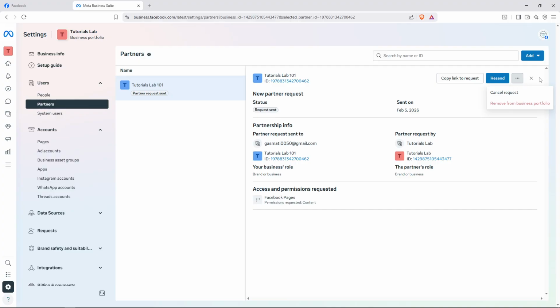And that's it. You've successfully removed a partner from your Facebook Business Manager, ensuring that only authorized individuals have access to your business